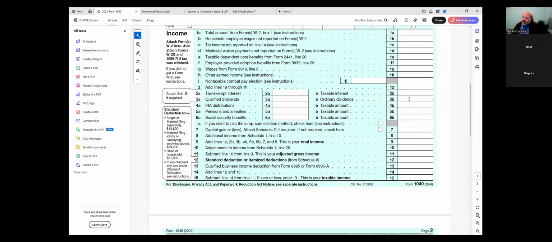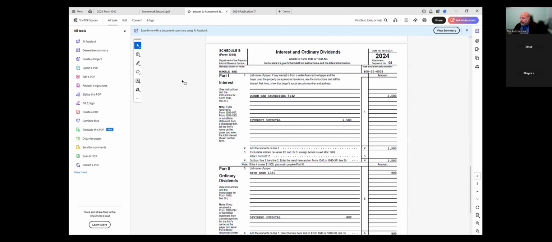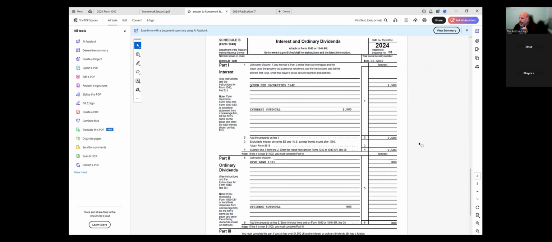And once you fill a Schedule B out for interest, you have to fill it out for dividends. Once you fill it out for dividends, you have to fill it out for interest. So if you pass 1,500 just on the interest, then it's a total domino effect. Once you pull out a Schedule B, finish the form. This Schedule B is interest and dividends.